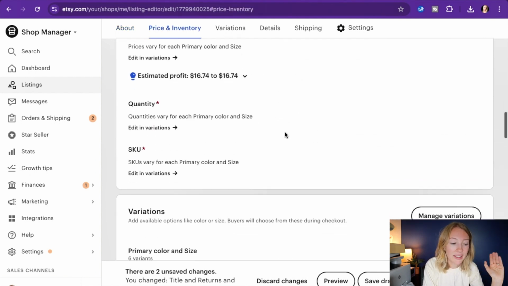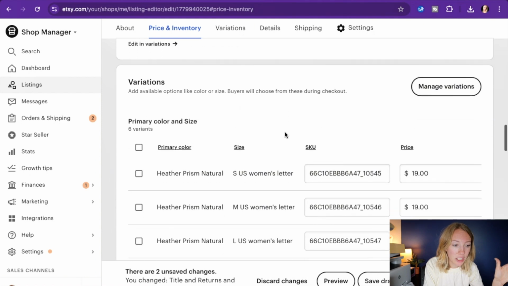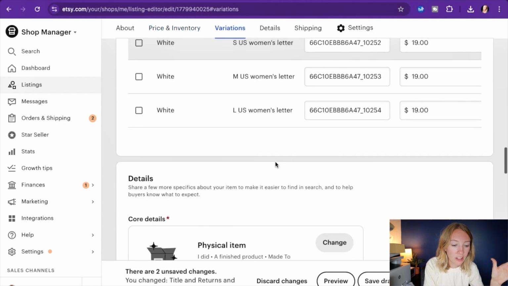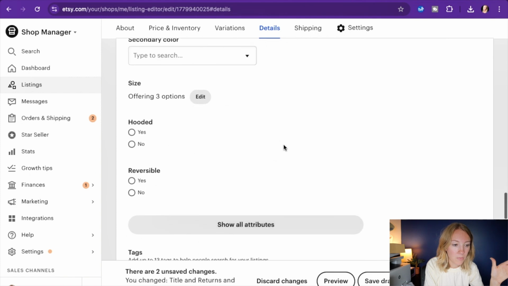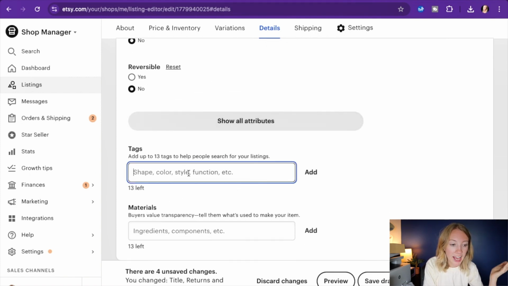The price we already set over in Printful, so that's good. We have all our colors listed here. You would select it's not hooded, it's not reversible. Tags, again, these are going to be keywords. Think of them kind of like categorizing your product. So you could put women's t-shirt,